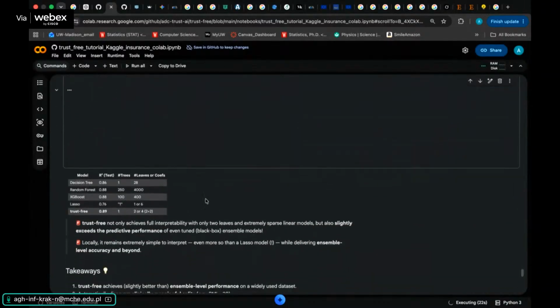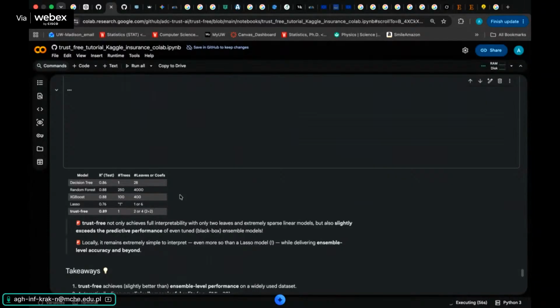So here are the results. I don't know if you can see, but we see here that the test R square of, for example, XGBoost is 88%, random forest is also 88. Lasso is rather low, 76%. Decision tree is actually surprisingly good in this case, but the tree ensembles are a little bit higher than the others. The difference with XGBoost and random forest is rather small, but nonetheless, it's nice to see that a very simple